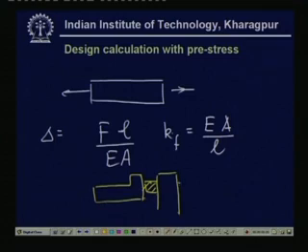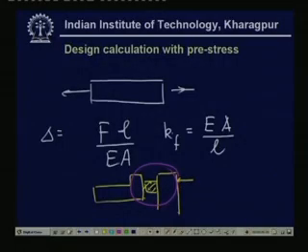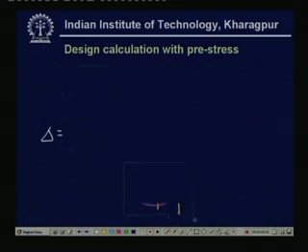So the entire joint stiffness is based on this entire combination, and the gasket being a very soft material compared to the other materials, the entire stiffness will be due to the gasket. But whenever there is no gasket, then the calculation becomes tremendously complicated. What we can do is make some simplifications, and we take